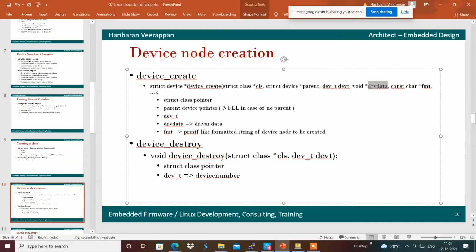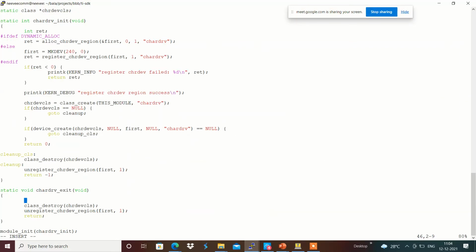It can be done with the help of the device_destroy function over here, which will be given the chrdev class, and first the device number which we are going to destroy accordingly over here.